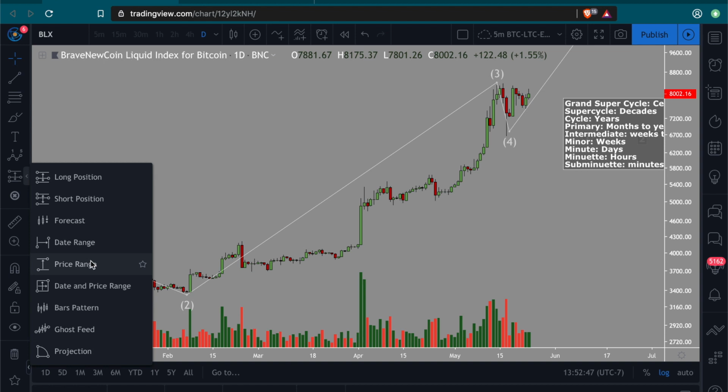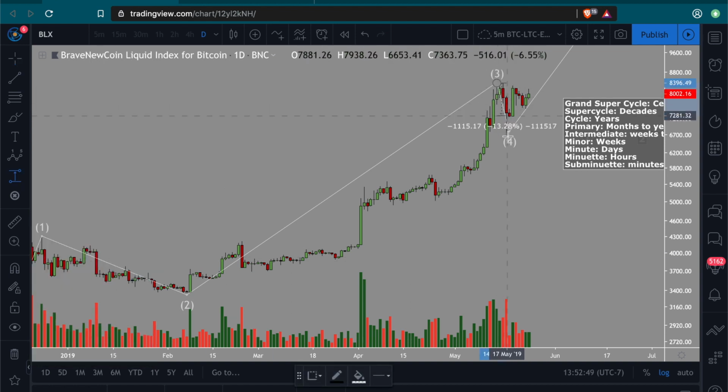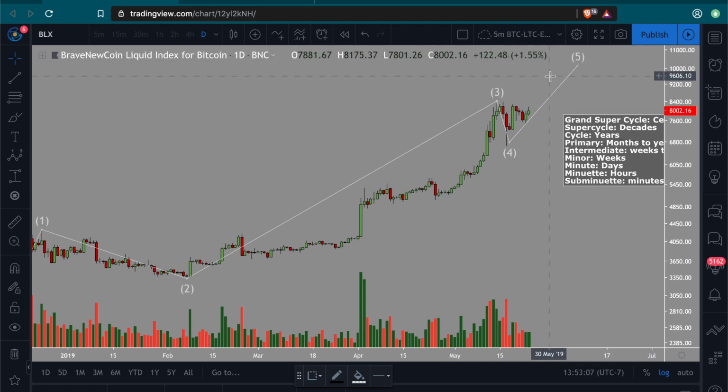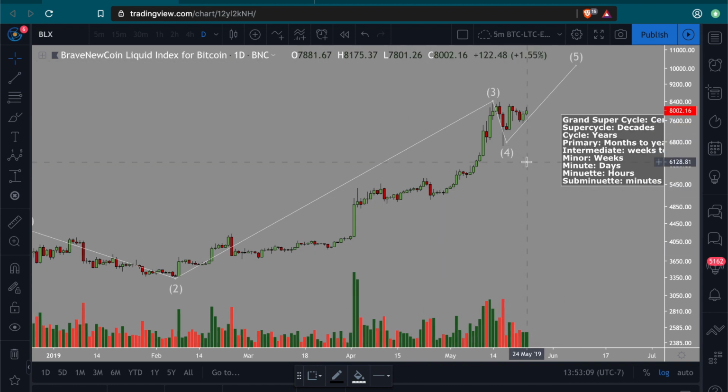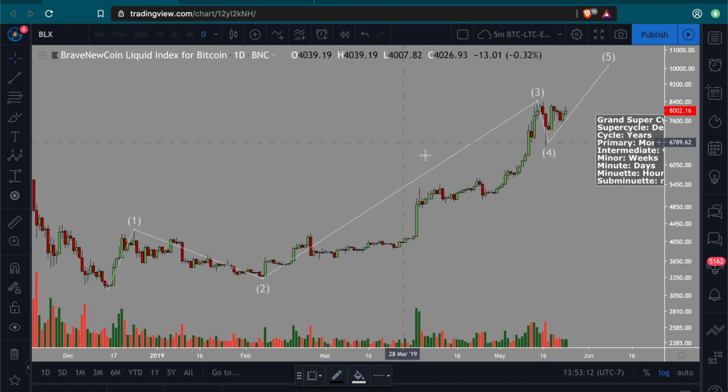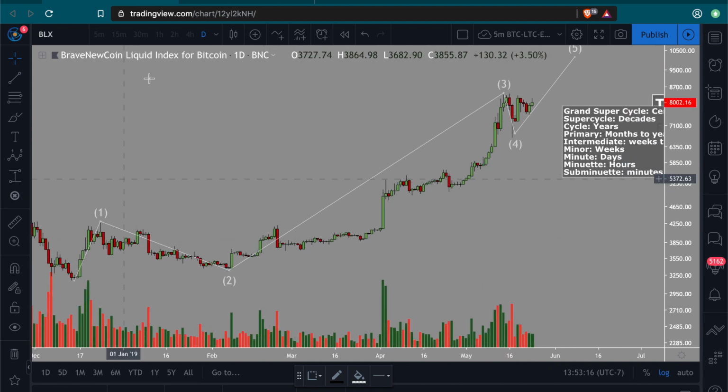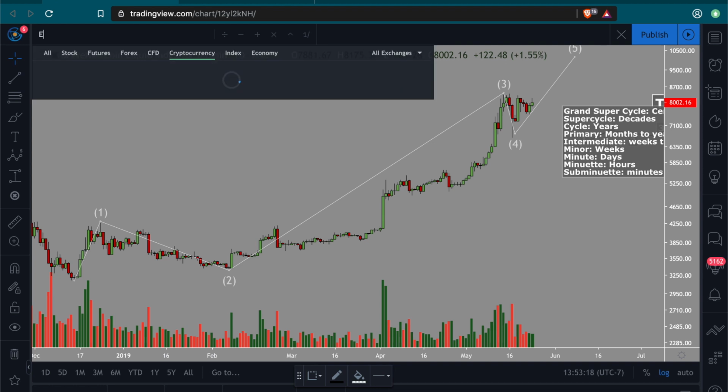If we start going down like this, from this top to this bottom, how much did we go down? Right around 20%. It's not a necessity that you have to go down 30 to 40%, but as you can see, wave 4 pulling back a little bit deeper, 10 to 20%, and then that wave 5 potentially pushing higher. I just want to do this general mock-up of how these wave counts work, just because I wanted to explain to you that you can use this in any asset, really.